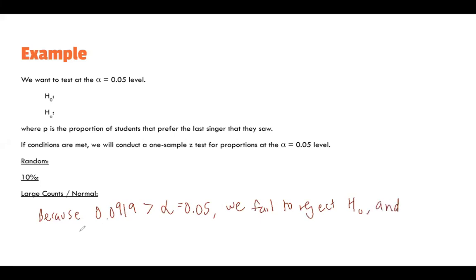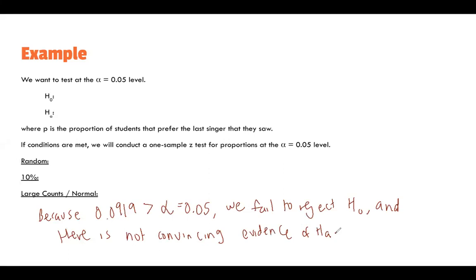And there is not convincing evidence that basically of the alternative hypothesis. And you should write like in context, we fail to reject the H naught, which states that or whatever. But I'm just writing this briefly. That's going to be your concluding statement,